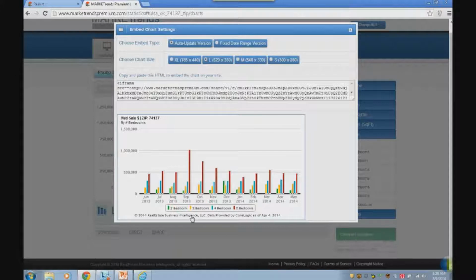If they want to come in and manipulate your chart, certainly they can't add anything to it. They don't have access to Market Trends Premium, but they can certainly remove things. So if they're not interested in 5-bedroom homes, they uncheck that, and all of a sudden they've got a chart showing only the information they want. Maybe they don't want a 2-bedroom either. And now they've got information about sale prices in 3- and 4-bedroom homes, and they can always add those 2-, 4-, and 5-bedroom homes back. So the interactivity remains when you use this HTML code to embed these charts on your blogs or on your